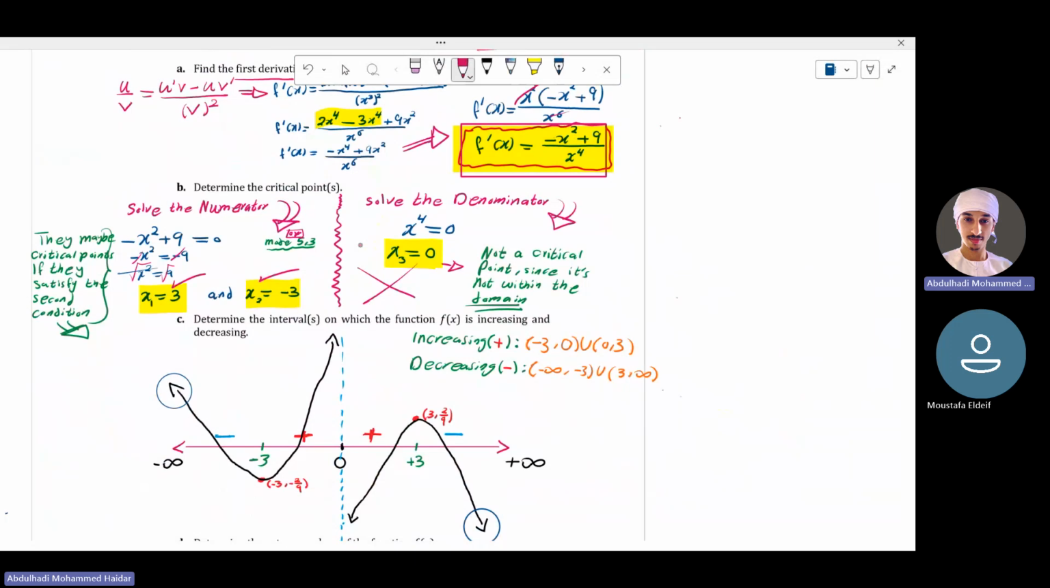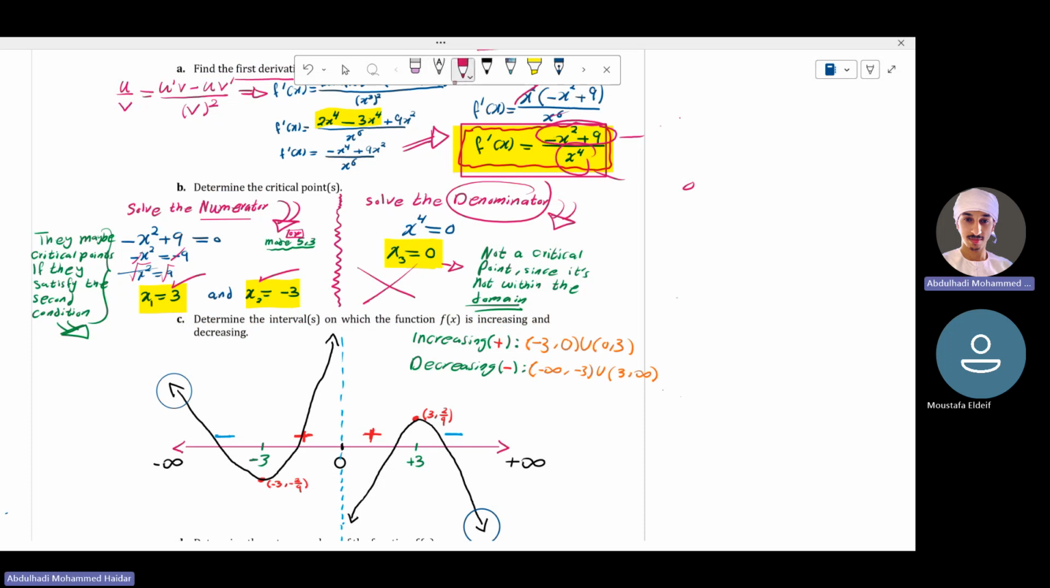Here, to determine the critical points, you have to solve the numerator and the denominator. Solve the numerator: take this one and equal it to 0. And solve the denominator: take this one and equal it to 0. And then solve in your calculator. So like here,